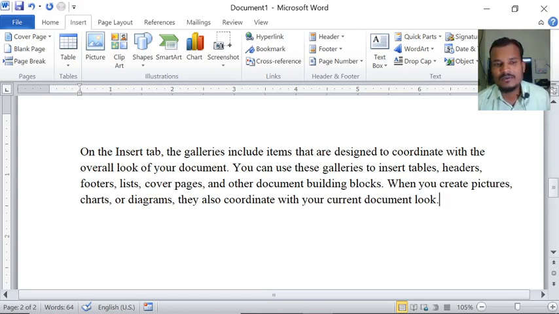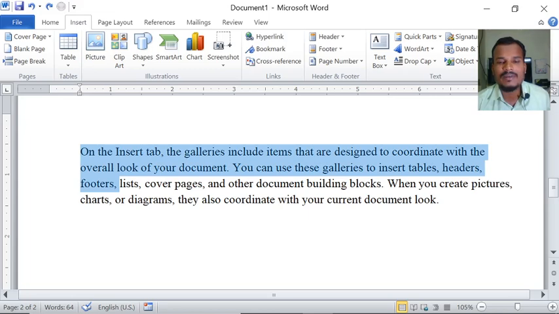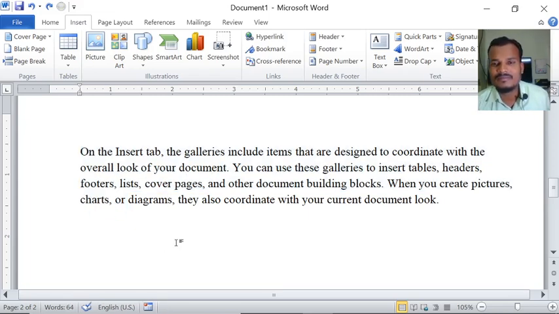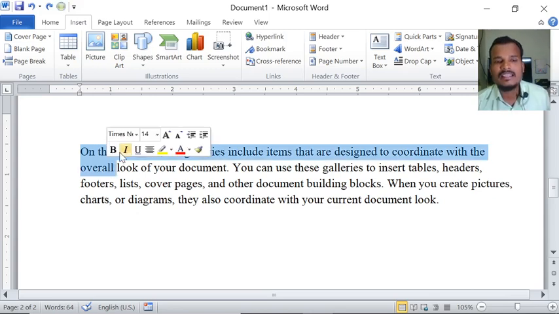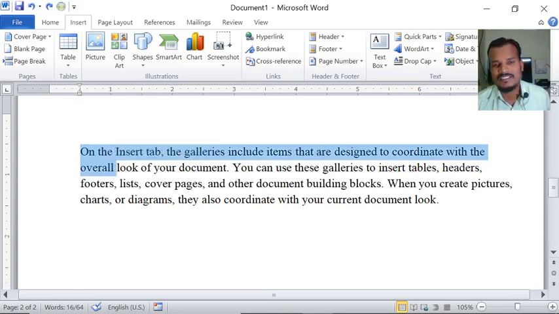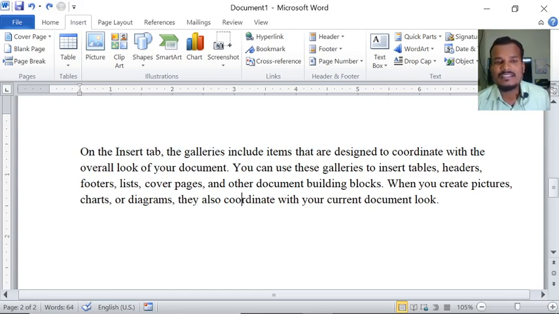How is it possible? If I select this, yes, we can delete, but I want to delete only this part. See here, if I select this, on the overall, it automatically selects the complete line. If I want to select only the footer, it automatically selects like that. It is not possible. If I select this, on the, it is okay, but if I come to the overall, automatically the complete line is selected. Now my requirement is to select only this: on the overall footers and charts.